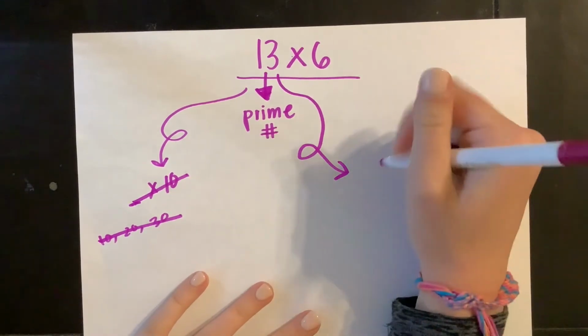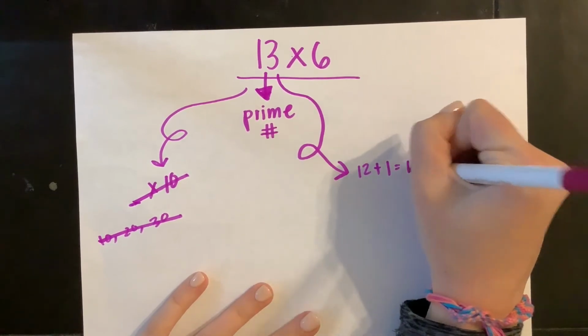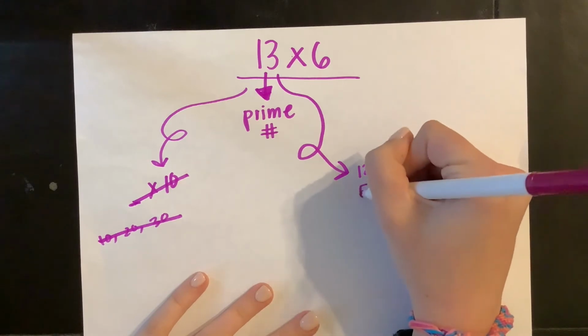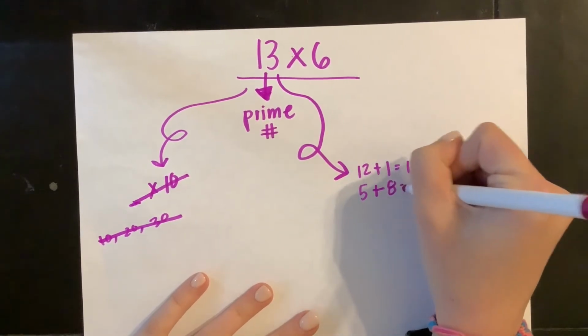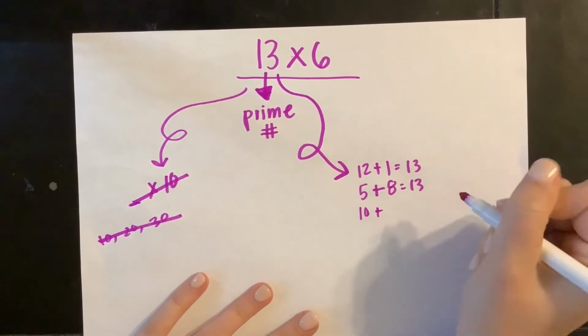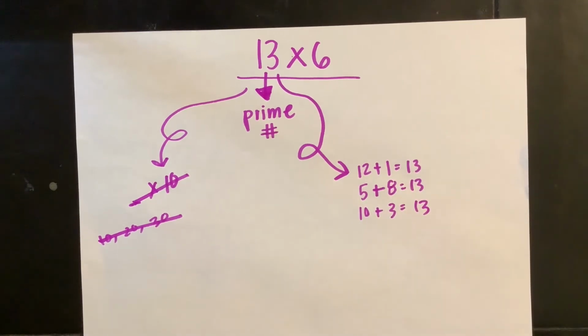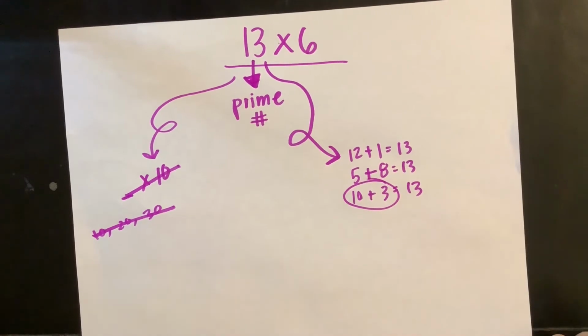I know that 12 plus 1 equals 13. I know that 5 plus 8 equals 13. I know 10 plus 3 equals 13. And you know what? I see a 10 and I love multiplying with 10, so I'm going to choose this